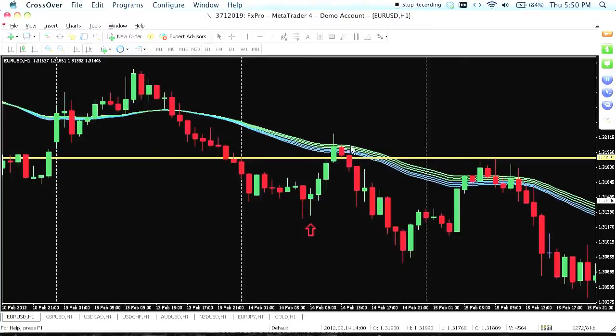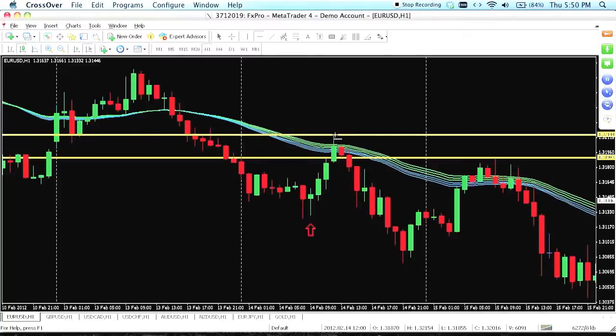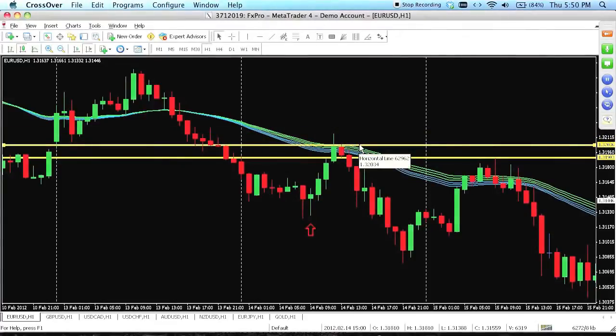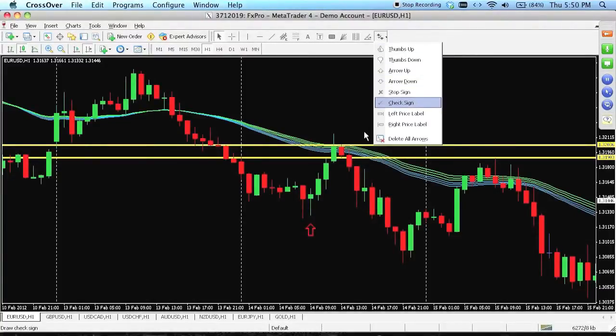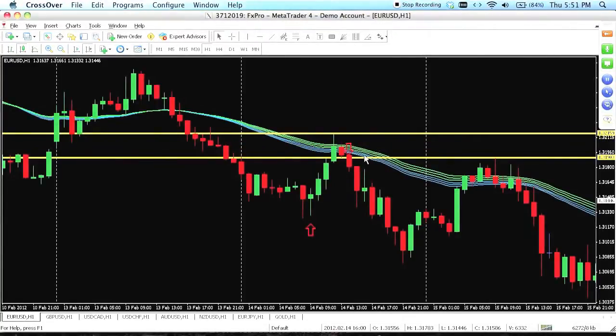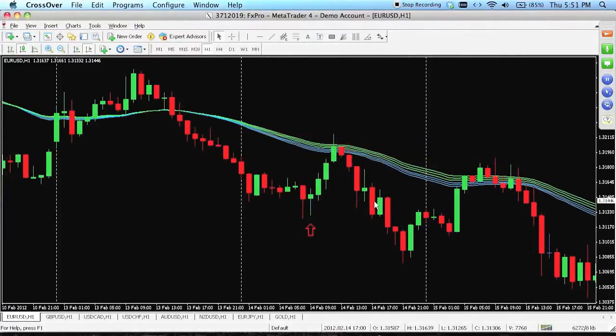Okay, and suddenly the next candle opens. You can keep your stops at the tip of your candle that touched the market first, or the highest point, or you guys can use the particular candle that broke through. You can keep your stops there for an aggressive stop, and you're gonna be entering short on this particular trade. You're going with the trend. Okay, you enter short at this yellow line down here, and you're going for a 1:1 ratio or more. So the majority of the times you will book profits on this particular case. Okay, now